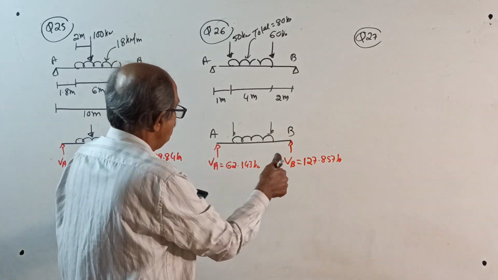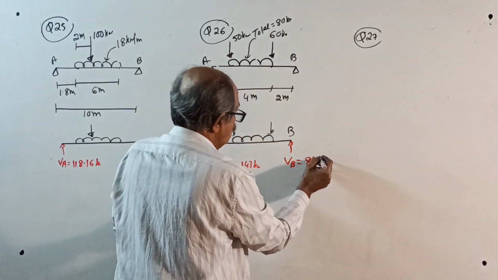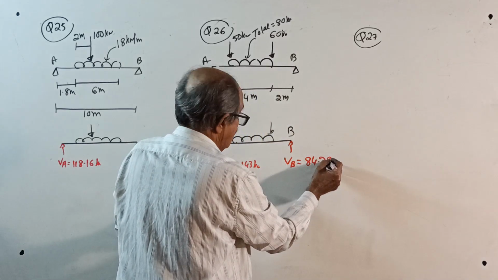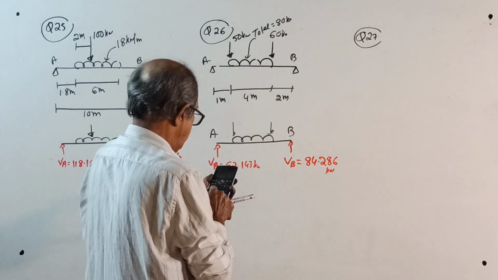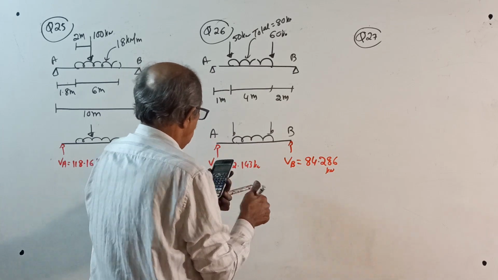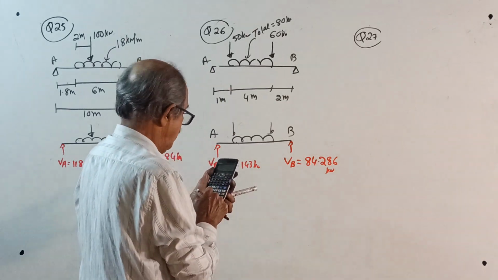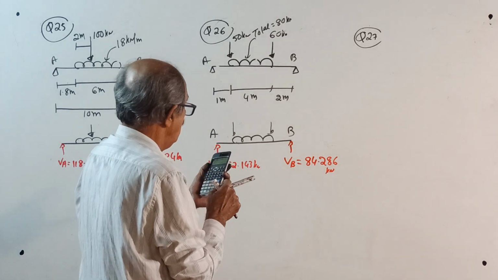This is wrong. I can make out 84.286, some calculator problem. 84.286 minus 110 minus 80 is